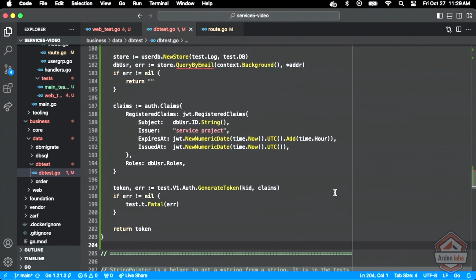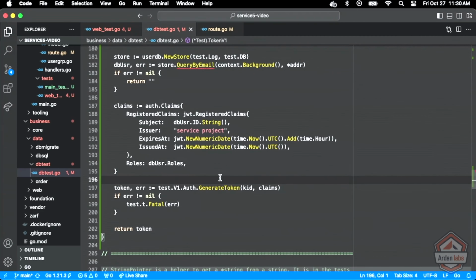So if we want to actually get this test to work, we've got a couple things that we can do. We could quickly add query by email to our project so we can make this work clean, which maybe isn't necessarily a bad exercise here. I think we could do this fairly quickly and it would walk through those mechanics again. And then we could actually have this token call here working and the rest would work. So let's think about that then. How do we do a query by email at the,